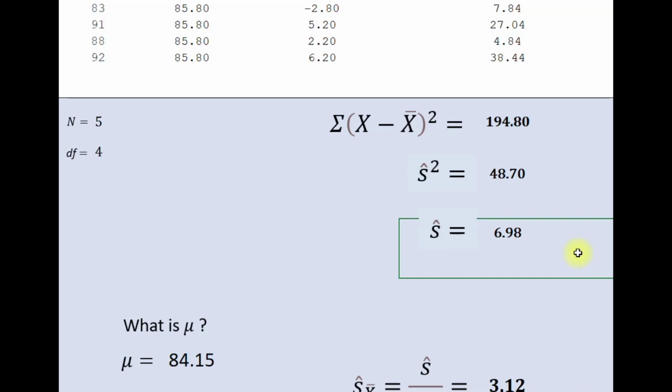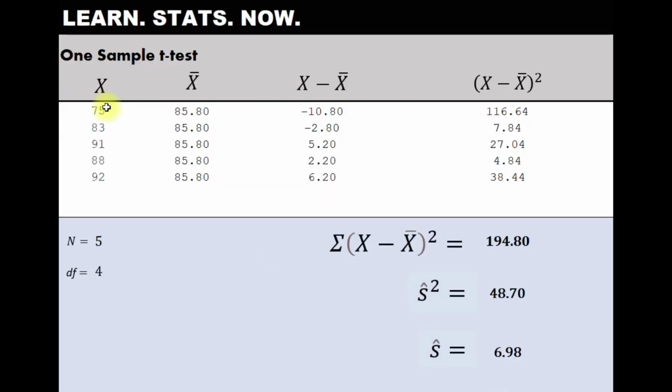Now, in order for us to figure out whether or not this sample mean falls a good distance away from, say, the population mean, we need to know what the population mean is, obviously. Okay, so we know because we're running t-tests we don't have the population variance. But let's just say we're given that the average temperature in September in Florida is 84.15 degrees. Okay? In order to look at where this sample that we have right here of 5 temperatures falls in the